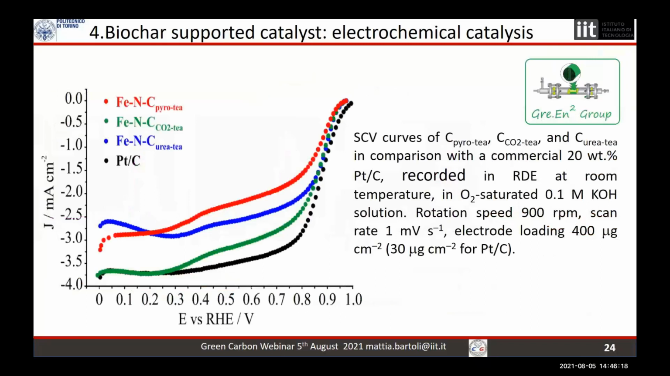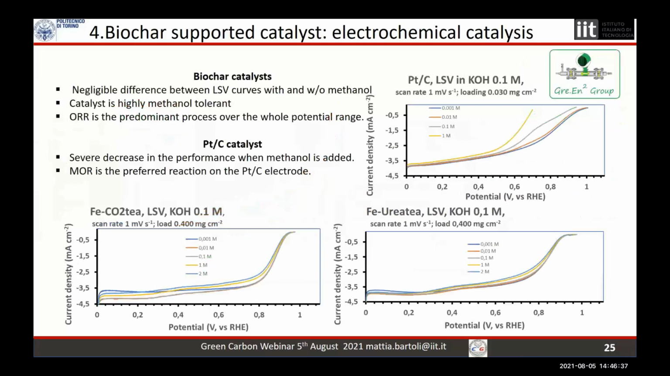Here are reported the staircase cyclic voltammetry curves, and as you can see, the urea treated and the CO2 treated materials were quite a bit better than just the metal supported material. Moreover, and this is the most interesting thing, the urea treated one is the best when tested for methanol tolerance. So in a real fuel cell, this material, the urea treated iron biochar, is practically better than a common platinum